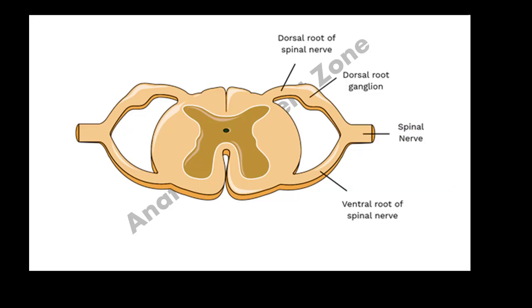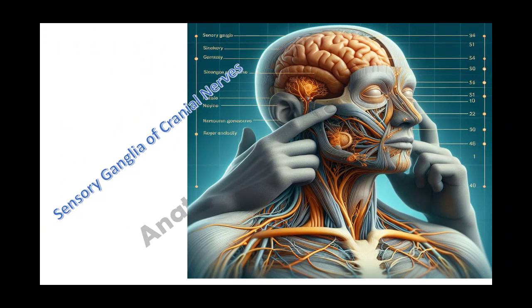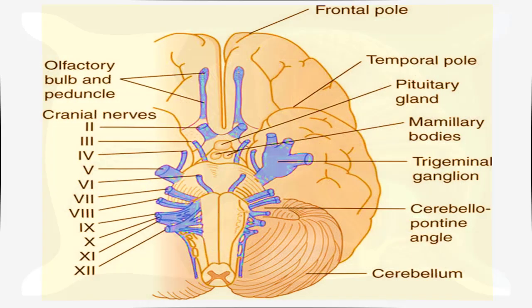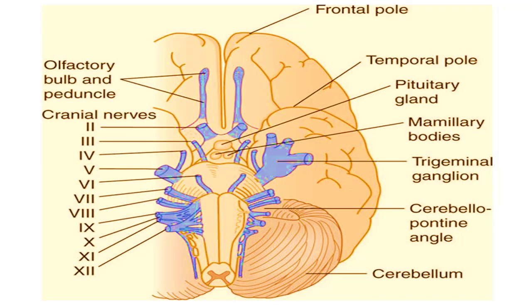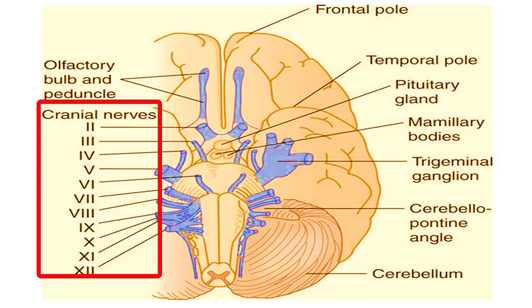Now we will look into the sensory ganglia of cranial nerves. As the name indicates, they are related to the cranial nerves, not spinal nerves. They are similar to the dorsal root ganglia. They are very special ganglia, I will say, because they have special sensory functions relating to cranial nerves. As we know, there are 12 pairs of cranial nerves in our body, and these ganglia are related to those